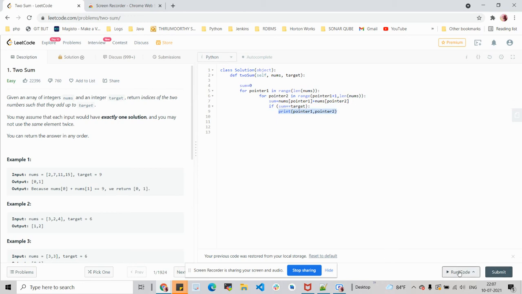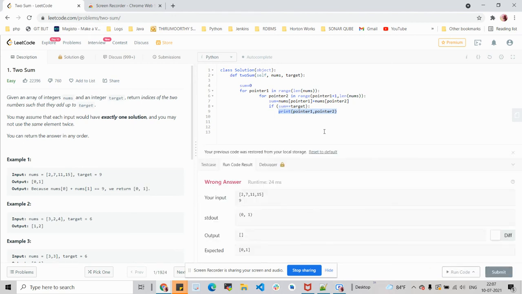So let's try to run it. Let's see if any correction is needed. This particular logic I had not written yet, I'm just checking it. That's why you see this print statement printing our desired result in the stdout. Now, to get the desired output, I have to return it since it is a function.